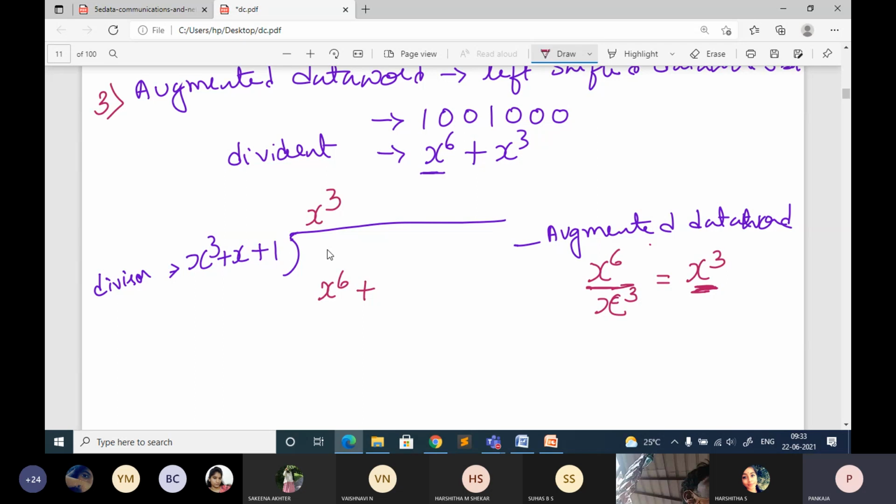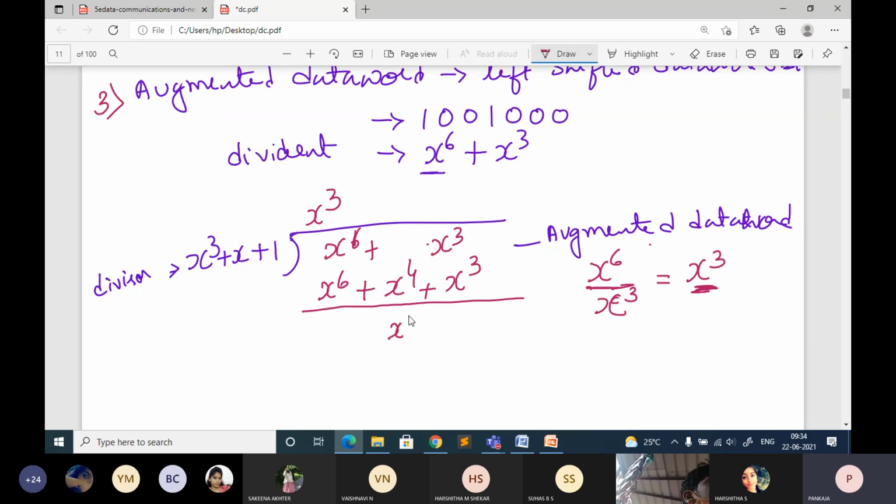So I'll just repeat that x power 6 and x power 3. What is the answer you told? X power 3 into x power 3 is x power 6, powers add, 3 plus 3. Then x power 4, plus x cube. So now when you want to do subtraction, you are subtracting these two polynomials, you just cancel these terms. Similar terms should be cancelled. So when you cancel this, what are you going to get?